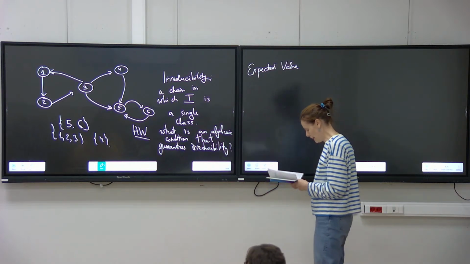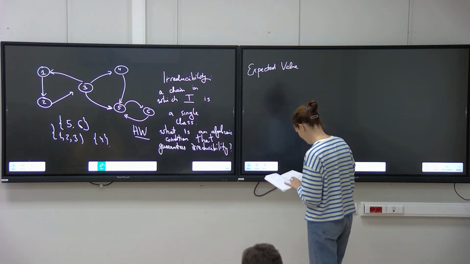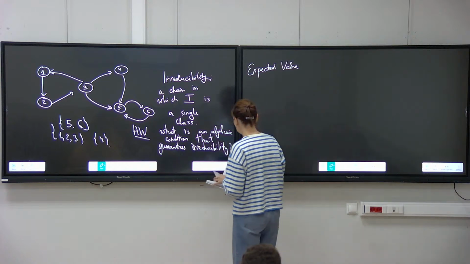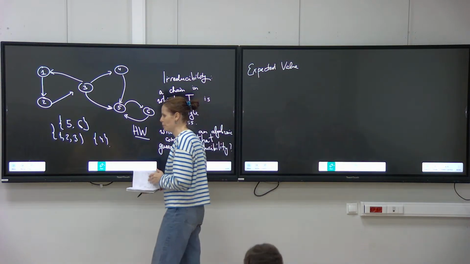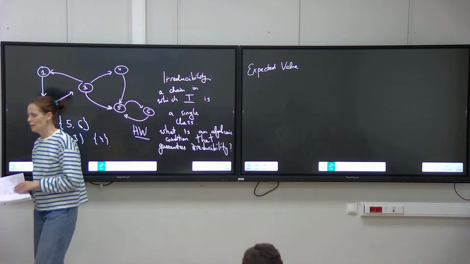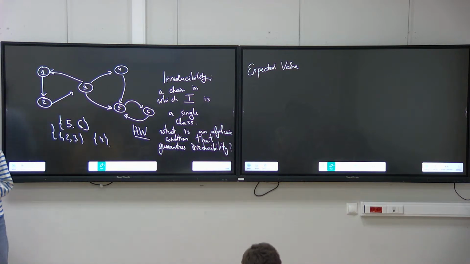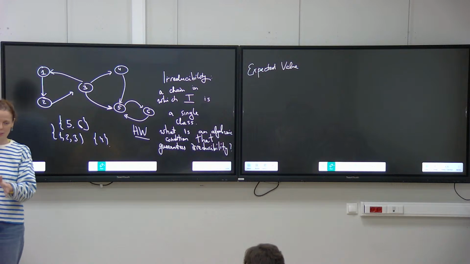So people would like to know about the average value. And then they would like to be able to compute it even in the situation when the process is very random. Not in the situation when we evaluate our